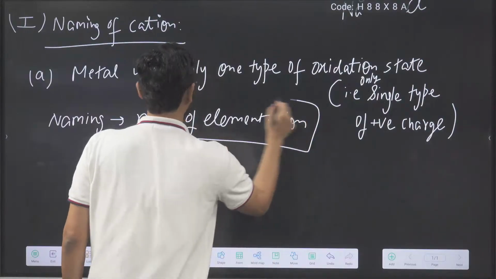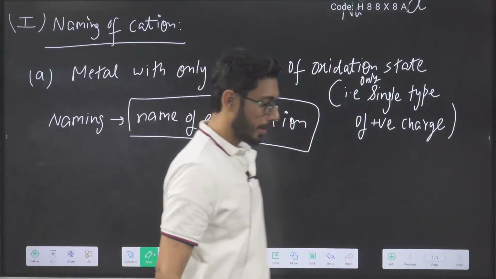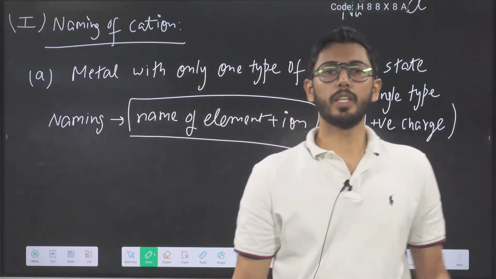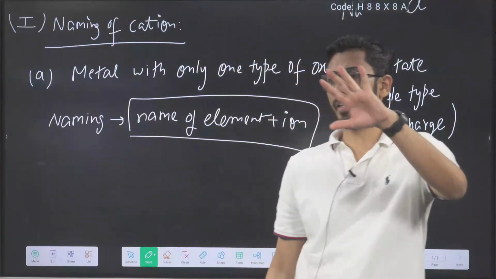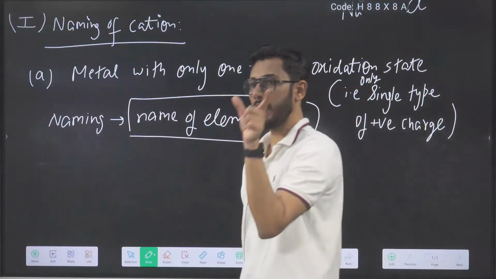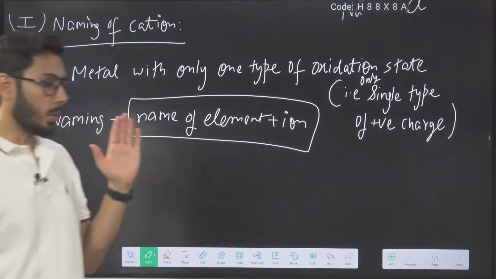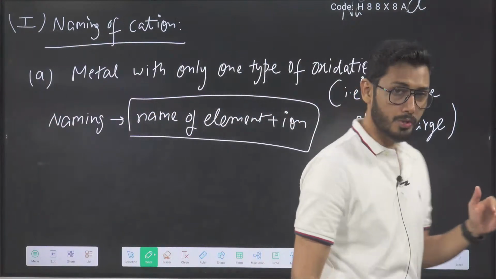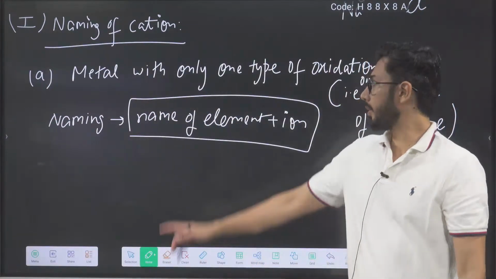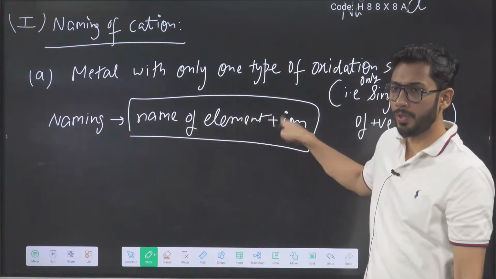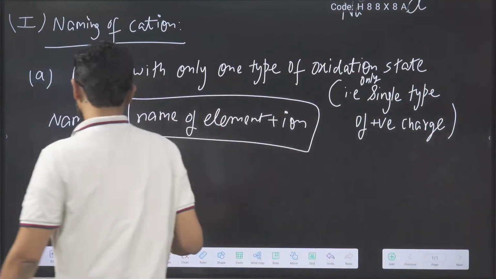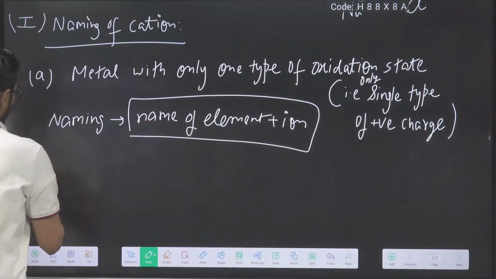That's it. In such a case, how do we name it? Name of the element and add ion to that. That becomes the name of that cation. Metal which shows only one type of oxidation state, those ions will be named as the name of the element with the addition of ion. For example,